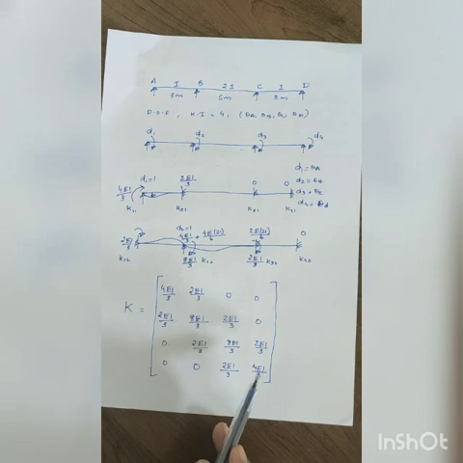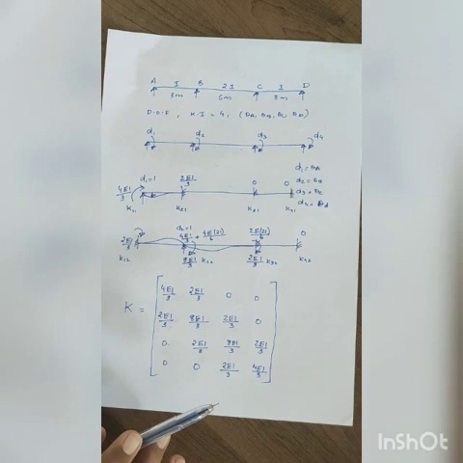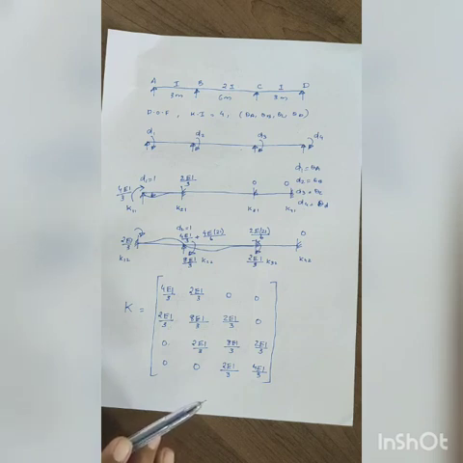So it is a structure stiffness matrix; it is a symmetric matrix, a banded matrix, and a square matrix. In brief, the procedure is you have to identify the degrees of freedom and find out the kinematic indeterminacy. Then one by one you apply a unit rotation, find out the moments, write the columns correspondingly, and generate the final structure stiffness matrix. Thank you.